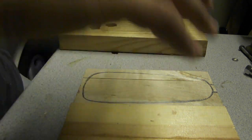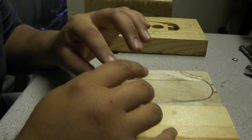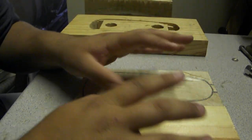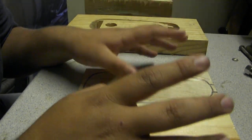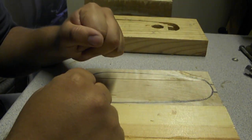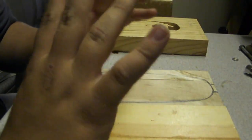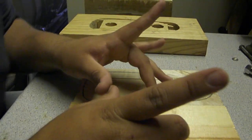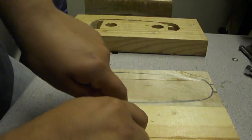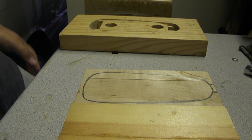You see, this is a very simple instrument to create, which is why it's perfect for beginners. It doesn't require very much skill. Even for the neck, you don't need to put a scroll on it. It's very simple, very basic, which is why I'm showing this one first. Alright, so I'm going to cut this out and then we'll